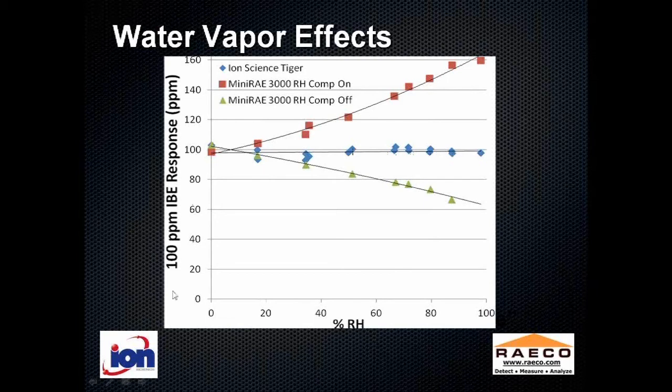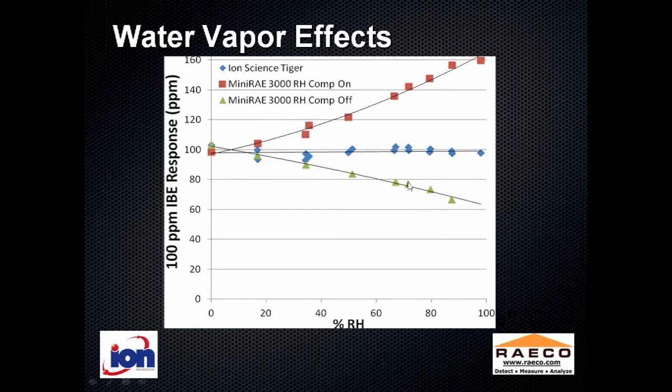So this is a response to 100 parts per million of isobutylene at various humidities where the concentration of isobutylene is the same. This has no compensation, and it's just a built-in inherent low sensitivity to humidity by this sensor. Whereas this PID, when this compensation is turned off, the response drops with higher humidity because there's a screening effect of the water. And they've tried to build in a compensation